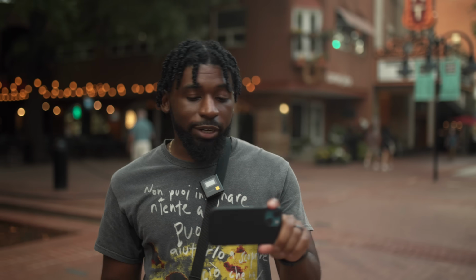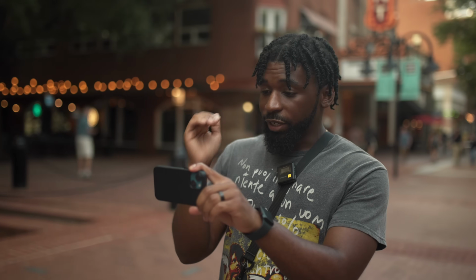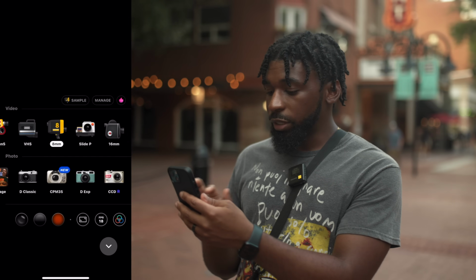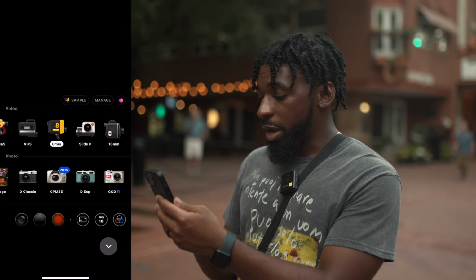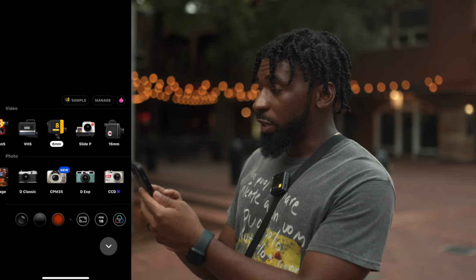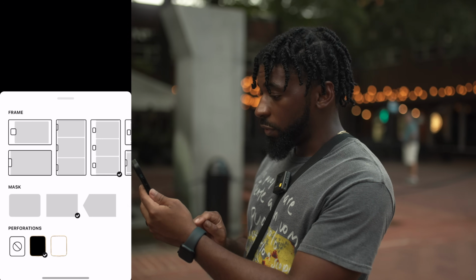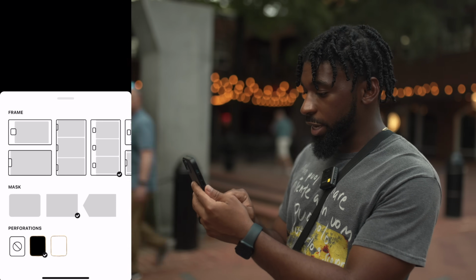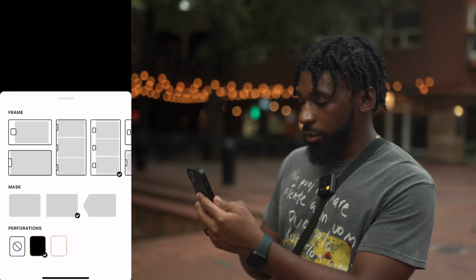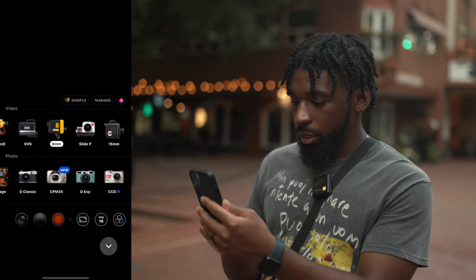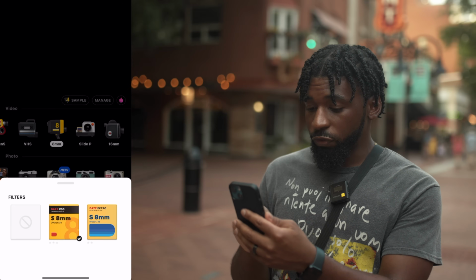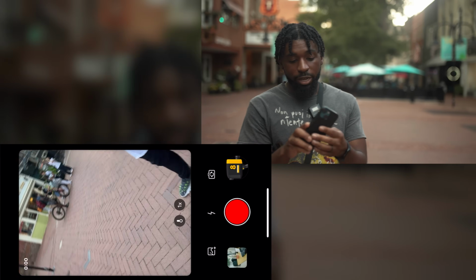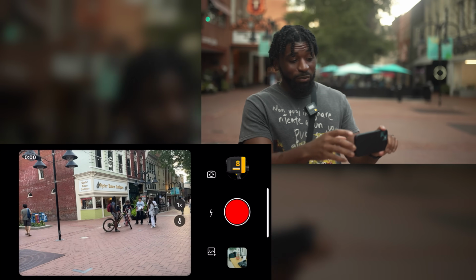So once you fire up the app, you're gonna see up here at the top right, you have your different camera options, and you can just choose whatever one you want. I'm gonna click on the 8mm so you can see what that looks like. And down here at the bottom right, we have a couple different adjustments we can make as well. Different frame options. I'm gonna choose this 3-frame option right here, and I'm gonna leave the mask at the rounded corners. And then we have different options we could choose for color. I'm gonna do no color for mine because I like to add my color grade from my music video onto that at the end. And it's gonna look like nothing's happening, but once you press record,